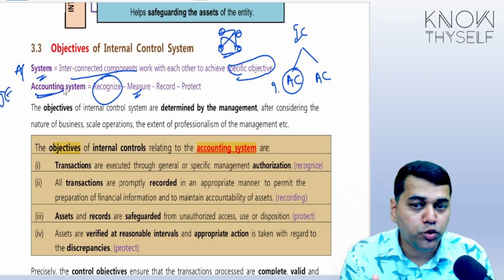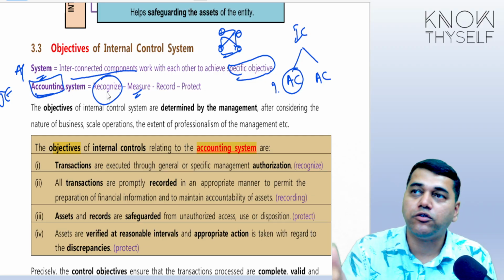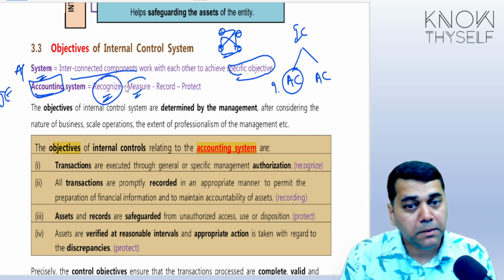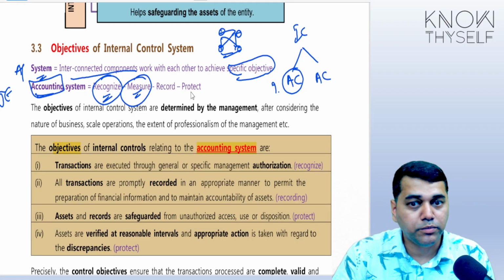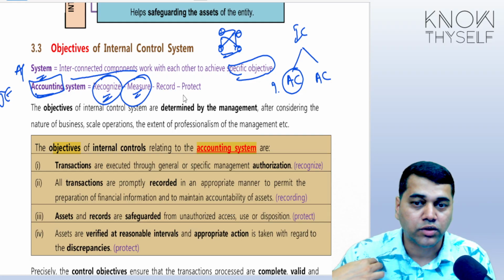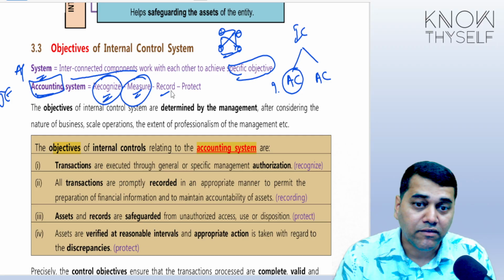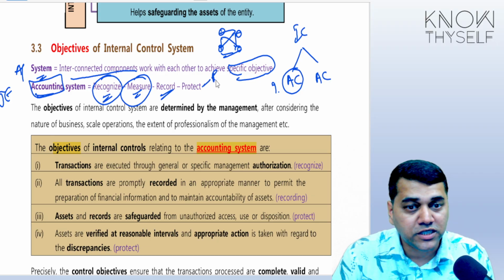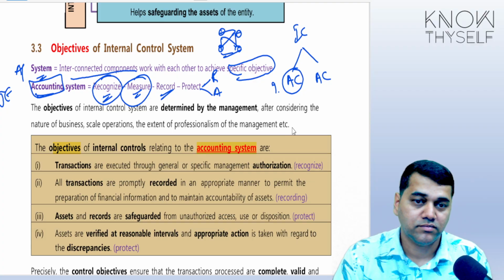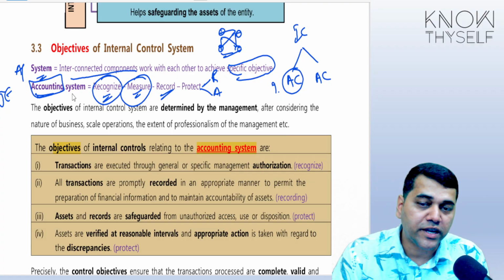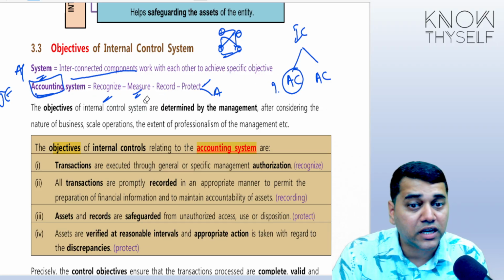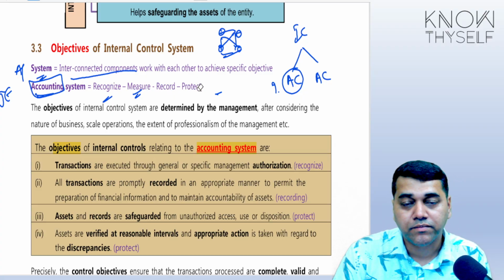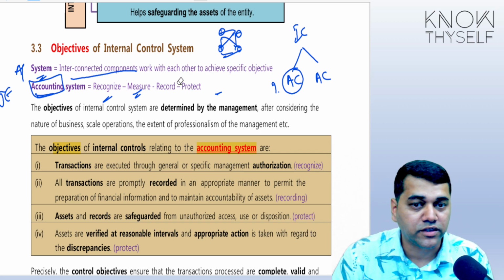But when we talk about the pure word of accounting, accounting includes recognition. For example, how many tables I have got, how many hours you worked. Then I will measure that. After I recognize what I need to account, I will measure it. I will record it somewhere, on paper or in electronic form, and I will try to protect both the record and the asset, whatever I have measured. I hope you are clear. So when you talk about an accounting system, please understand there are 4 components of the system called recognition, measurement, recording, and protecting. Are you clear about this?